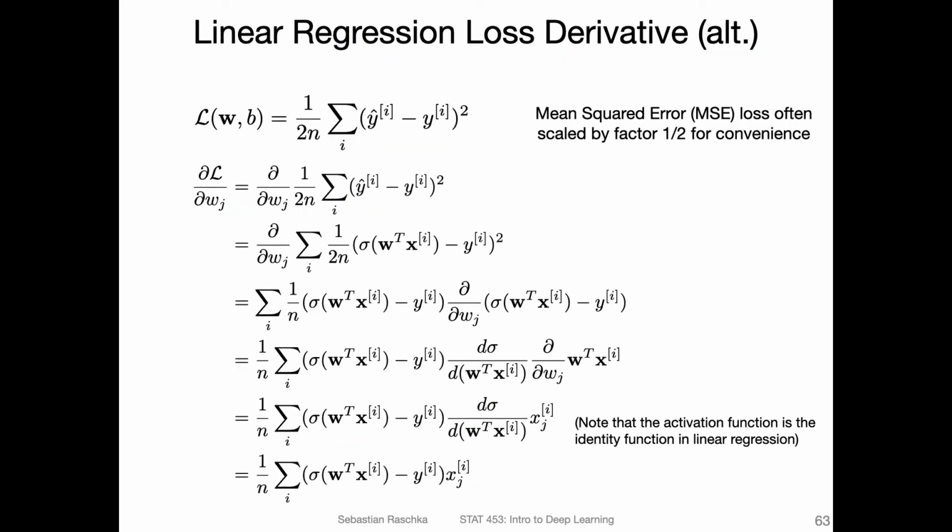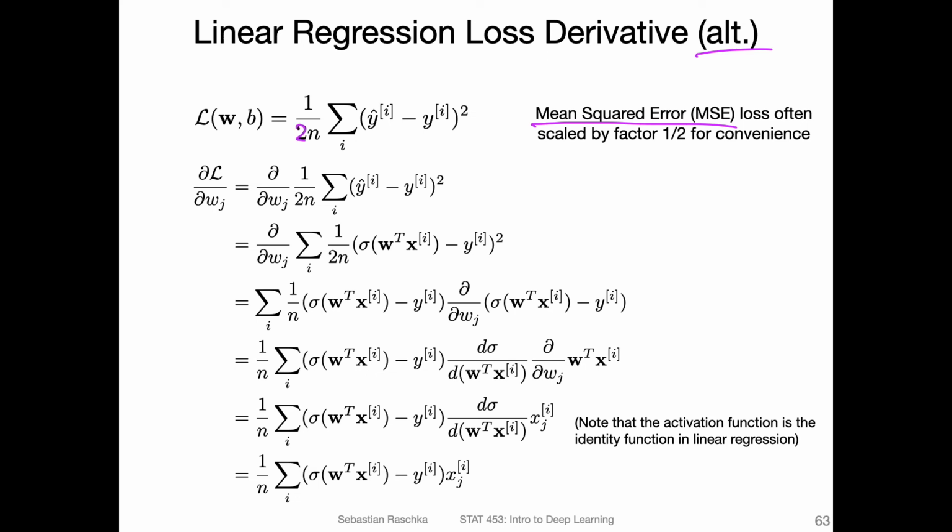Here I have an alternative notation of this whole thing. This is actually what people do in practice. Usually, to make this a little bit more stable in terms of the learning rate, so that the learning rate doesn't depend on the size of the training set, we compute or use the mean squared error. So here we now have a 1 over n, just averaging. The rest is all the same, except that I now have this 1 over n. But also notice that it's not only 1 over n, it's over 2n.